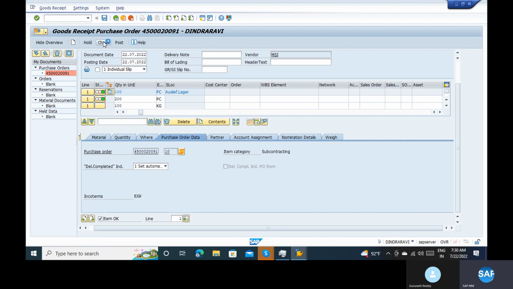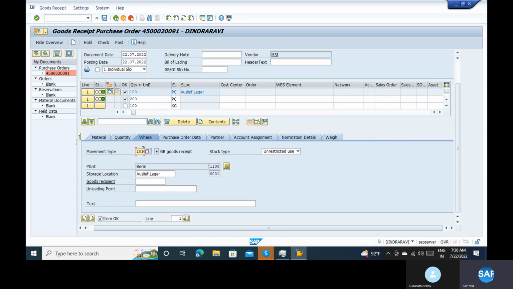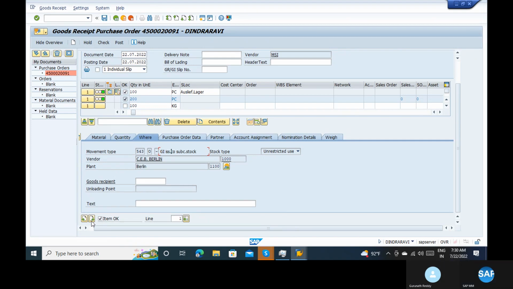Okay. Now I'm going for the one product. Now see here. Now what will happen? Now the first material, which is movement type, is 101. Okay. This is a product 101. The second material is 543 O. You should say O is nothing but subcontracting. Okay. And for byproduct it is a